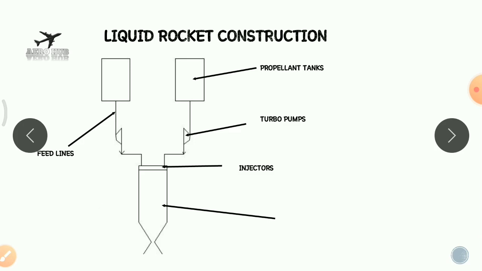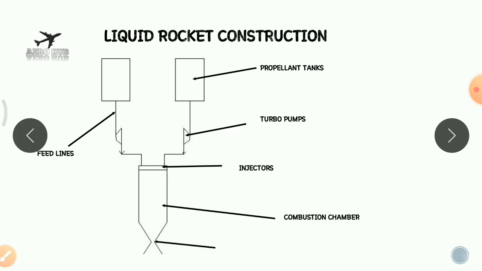The next part is called the combustion chamber. You are basically aware that in the combustion chamber there will be combustion of the fuel as well as the oxidizer. What happens here is that at the injector the fuel and oxidizer are converted into droplets, and in the combustion chamber these two become vapor. The vapors of oxidizer and fuel will react and get burnt. This is happening in the combustion chamber.